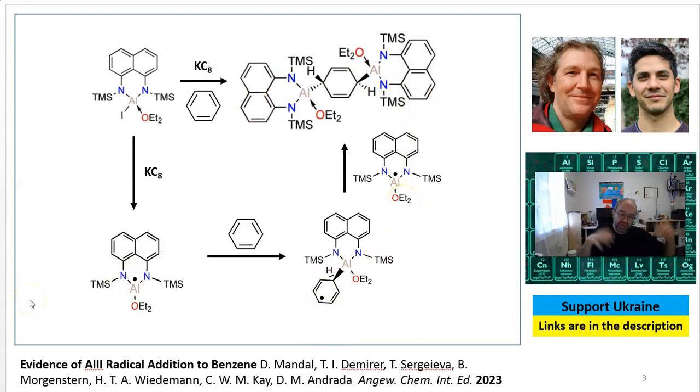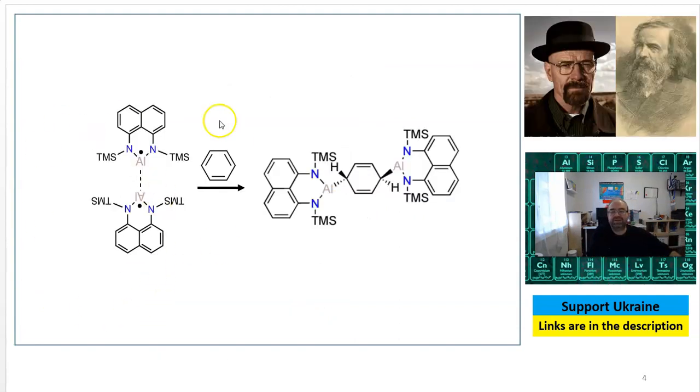Because I'm so into this radical pair topic, I thought that there may be something like that. So two radicals of this type interact first, and in these conditions they can be found in solution, and then they react with the benzene either by a stepwise or concerted mechanism. I hope that somebody will study this idea further later. I also started to look into the literature to see if there is any news with the radical pairs.